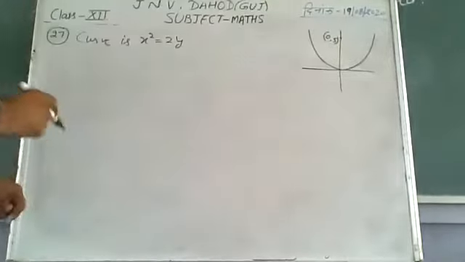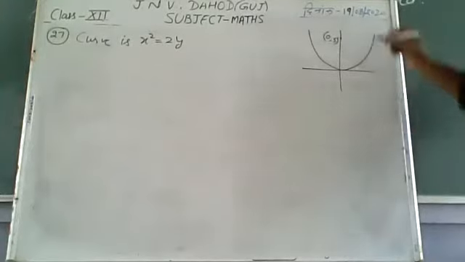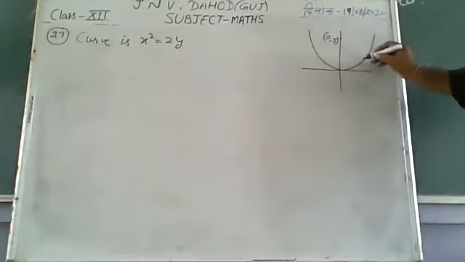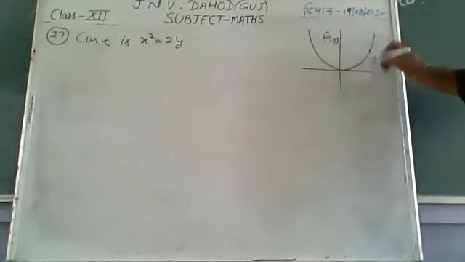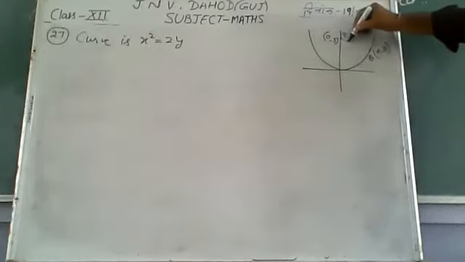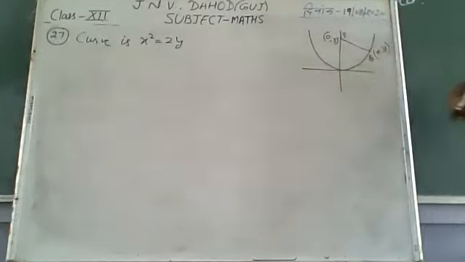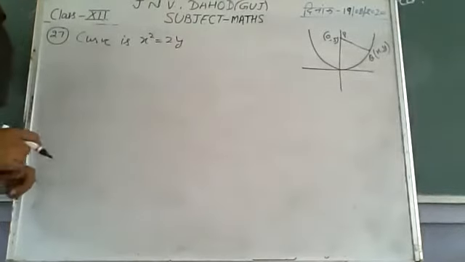Now the question is that find a point on this curve। इस कर्व के ऊपर ऐसा पॉइंट फाइंड करना है which is nearest to this point, जो इस पॉइंट के नियरेस्ट हो। इस कर्व के ऊपर ये पॉइंट भी है, ये भी है, बहुत सारे पॉइंट ऐसे हैं बट हमें वो पॉइंट फाइंड करना है जो नियरेस्ट हो। नियरेस्ट मींस जिसकी डिस्टेंस मिनिमम हो। Let us suppose this is the given point P and this is the point Q which is x and y on this curve। इस कर्व के ऊपर हम एक पॉइंट Q मान लेते हैं। Then according to the question this distance should be minimum। We have to find this point Q such that the distance PQ should be minimum। वो point Q ऐसा होना चाहिए कि इसकी डिस्टेंस मिनिमम हो। ओके